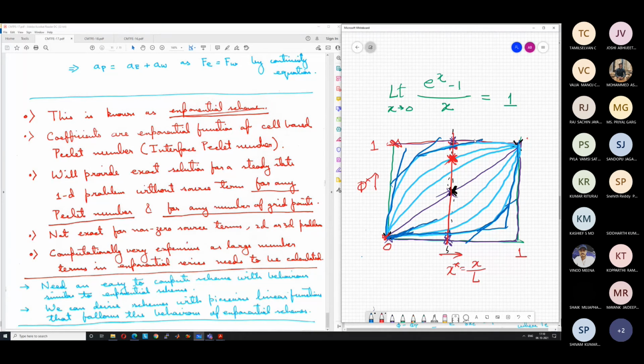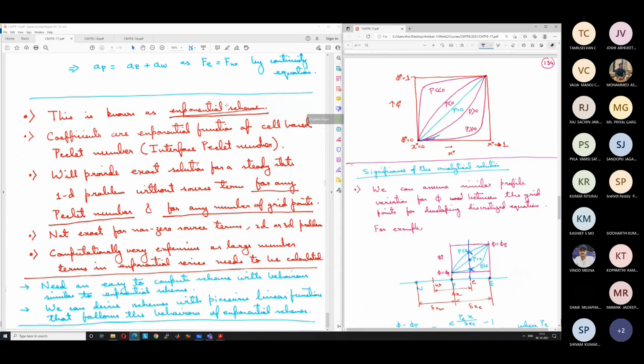We will do that in the next class, but that will mimic the behavior. It will be slightly less accurate than the exponential scheme, although still very accurate, but it will be much faster, many times faster, orders of magnitude faster than the exponential scheme. So this is the importance of the exponential scheme. It gives us a very good insight and is very accurate for simple problems. Even for complex problems it is very accurate, but it is computationally very expensive.